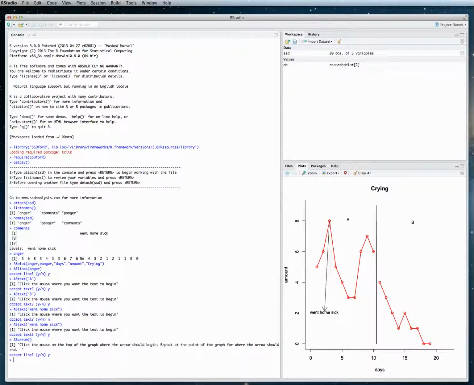Now I think what might be helpful is to put some kind of statistic here. I was thinking of a line that would represent the median, and there is a function called AB stat. Now let's take a look at that. We can get help on it by typing question mark and then AB stat. This is just another way to get help. You can get help on any function by typing a question mark in front of any of the functions. Now hit enter,